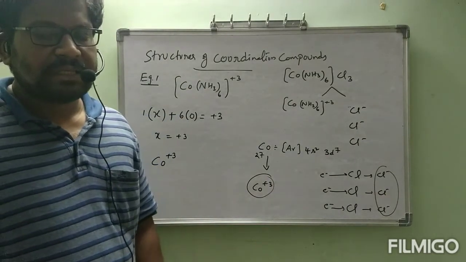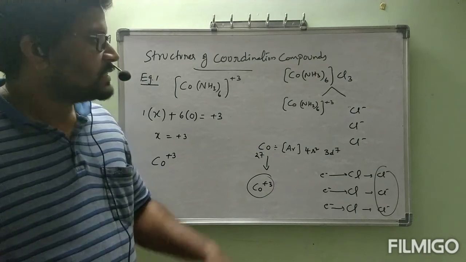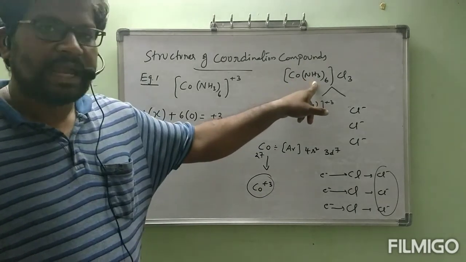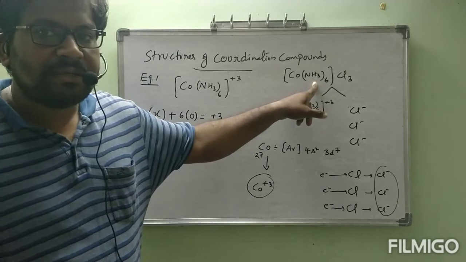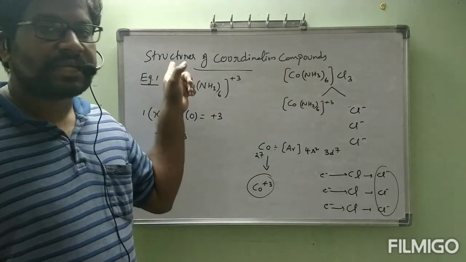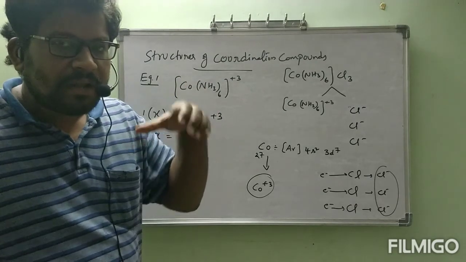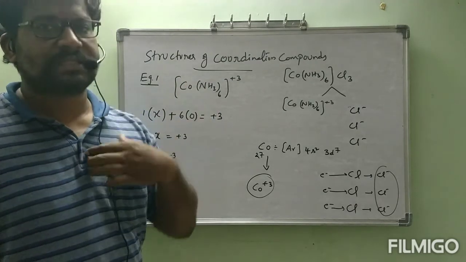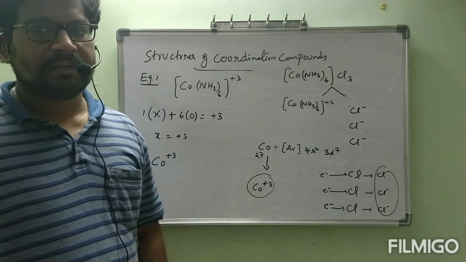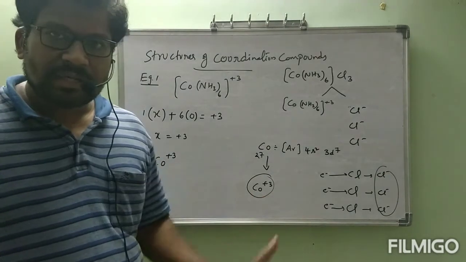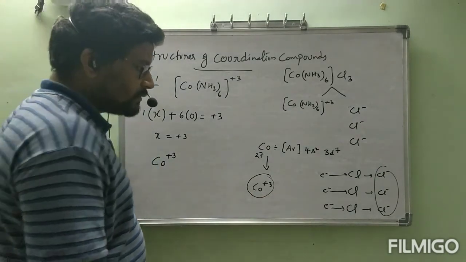Now secondary valency. How is secondary valency shown? Secondary valency is shown by NH3. Now we are going to discuss that. That is the main point, because we kept the heading structures of coordination compounds. Which types of bonds are present in the square bracket, that is what we want to discuss. Now that will be clear. Did you understand? Now I am going to rub this out.